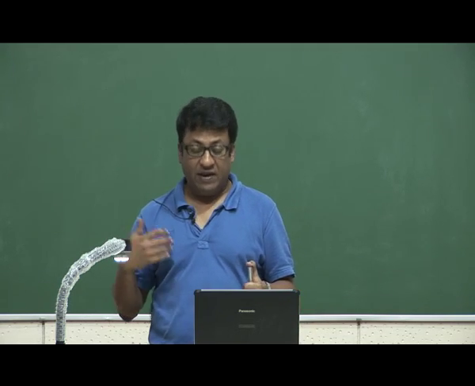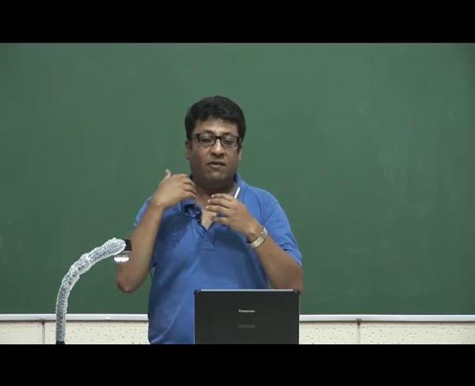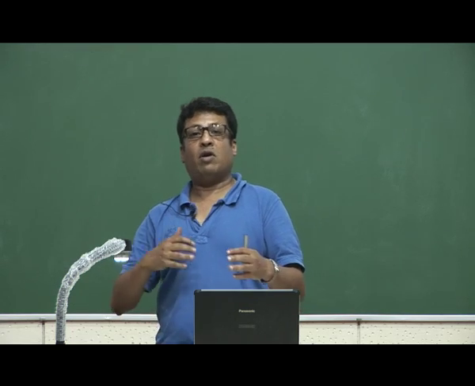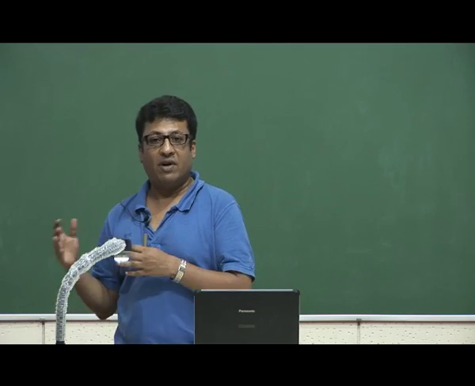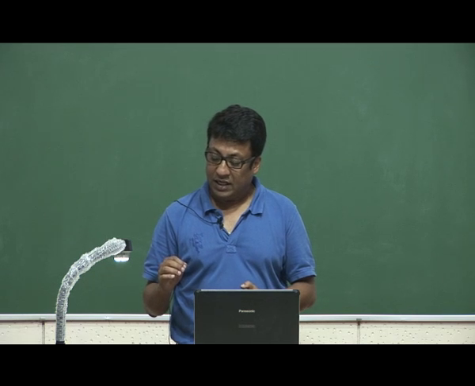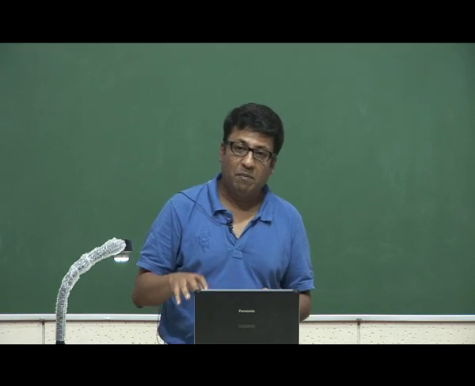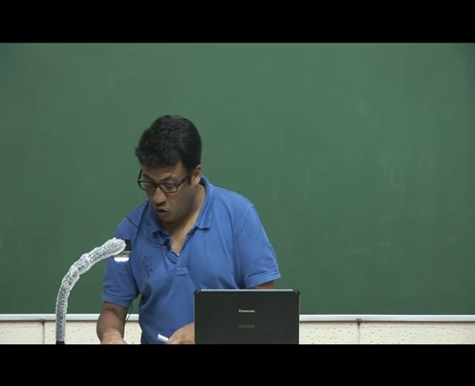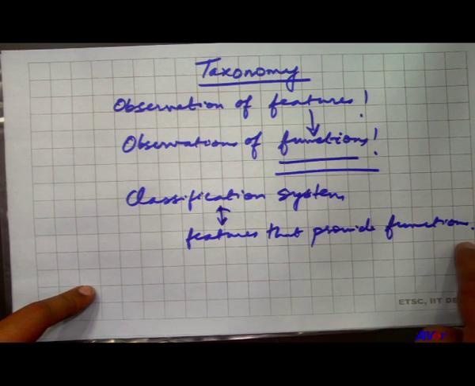So, some organisms have RNA, some organisms have both DNA and RNA, and most organisms have DNA. The important aspect is that today we classify whether one belongs to a particular group of living organisms or not,